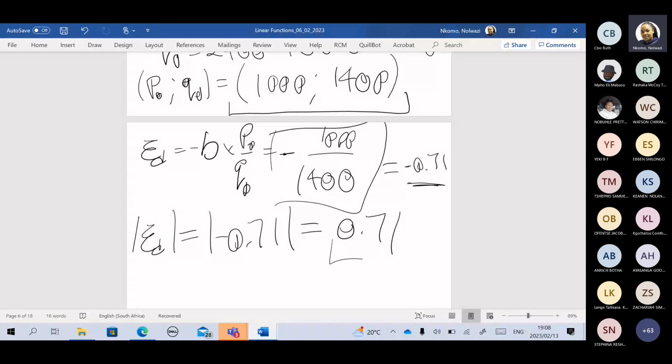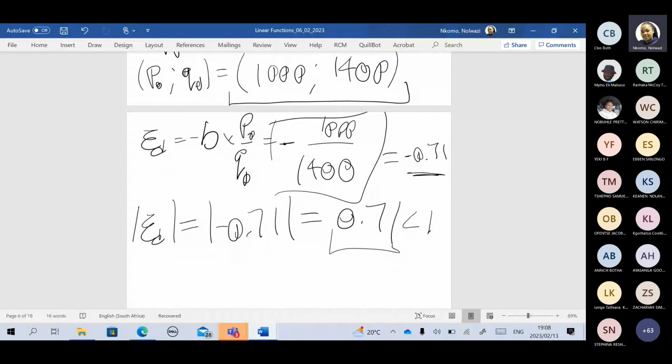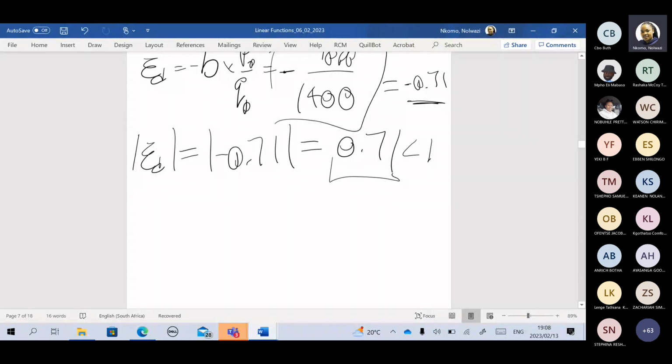And you compare this absolute value to 1. It's either less than 1, equal to 1, or greater than 1. And we know that 0.71 is less than 1, right? Since the absolute value of the elasticity of demand is